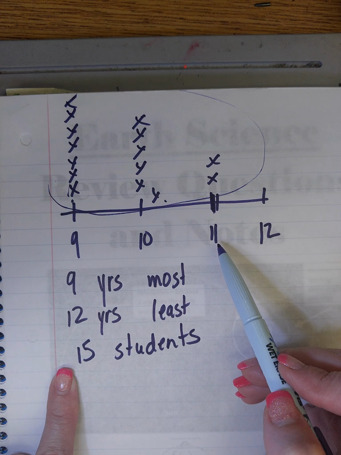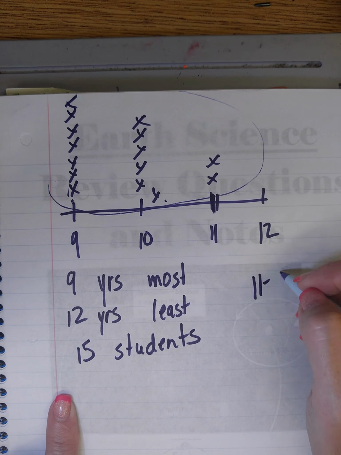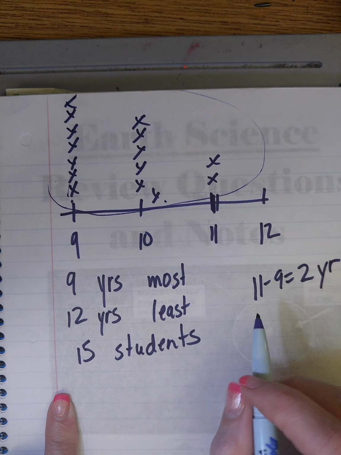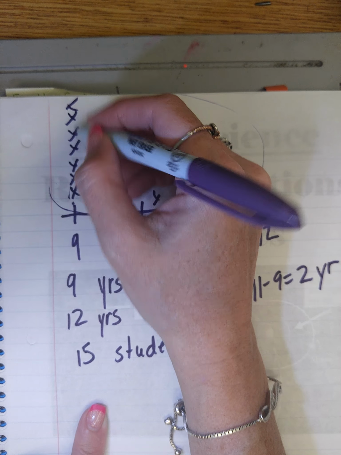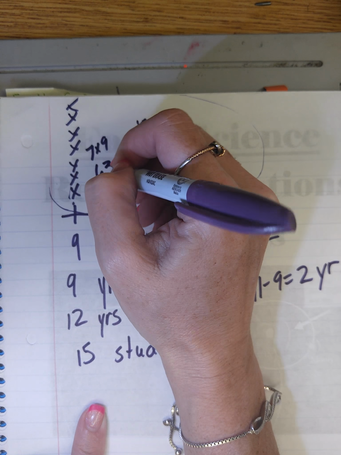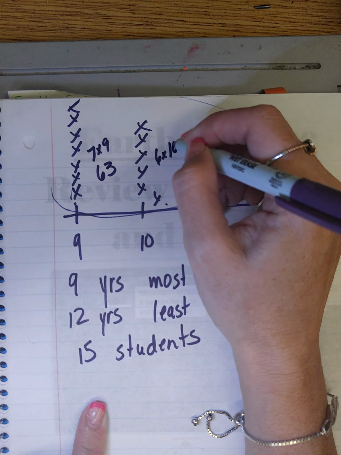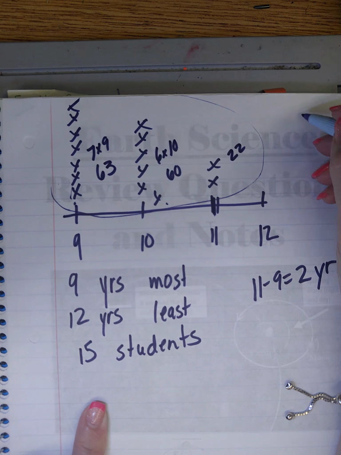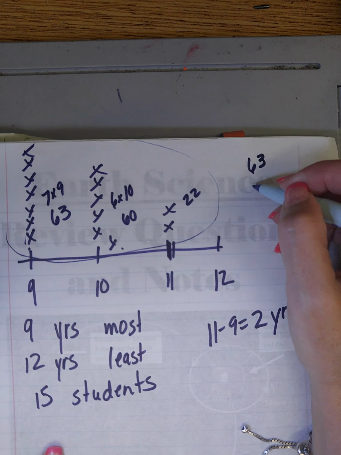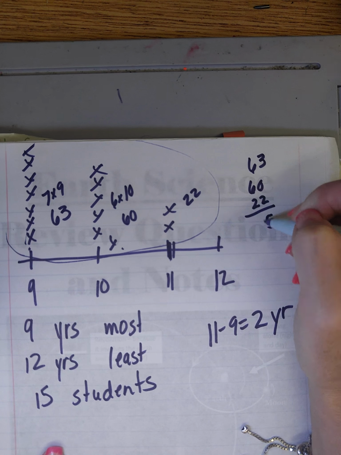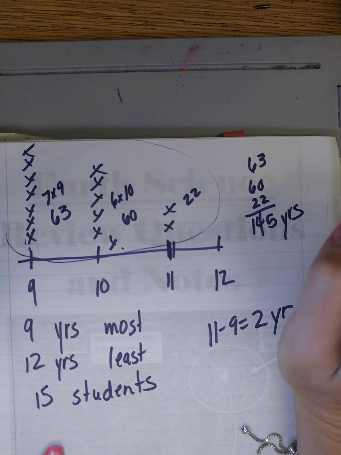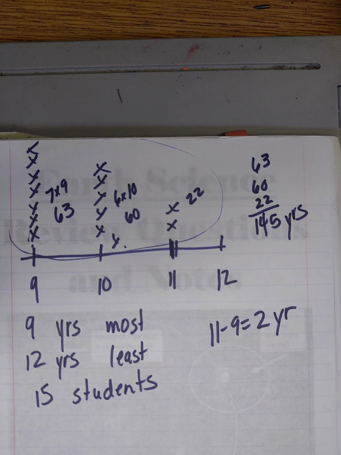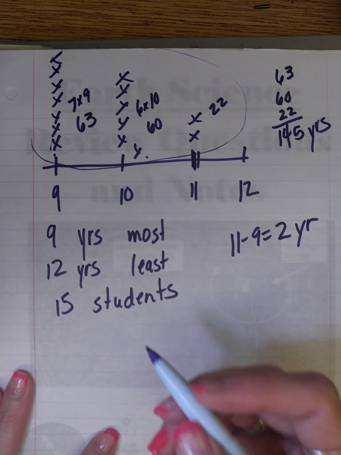They may ask the difference between the oldest age and the youngest age. So 11 minus 9 equals a 2-year difference. They could ask, what is the total combined age of all the students? Well, that would be 9 times 7, which is 63. 6 times 10, which is 60, and 11 times 2, which is 22, and I would add these numbers together, 63, 60, and 22. So there could be several different types of questions that you would answer, and that would be 145 years altogether if I counted everybody's age. So there will be questions like that, and you will also have to compare